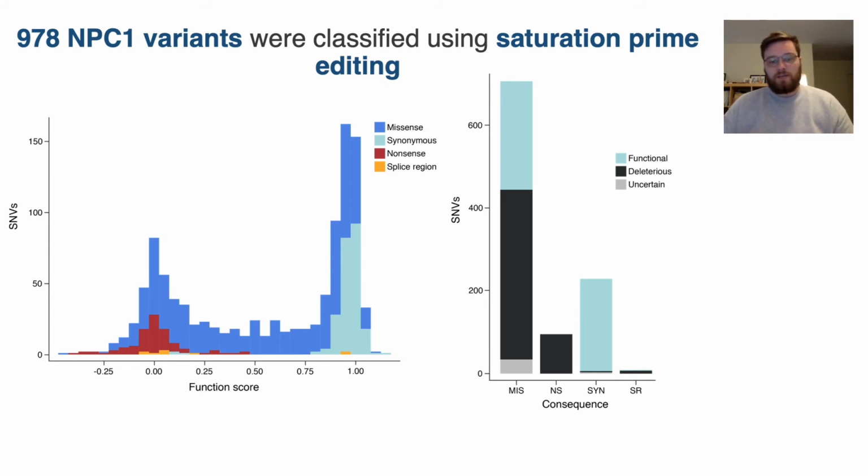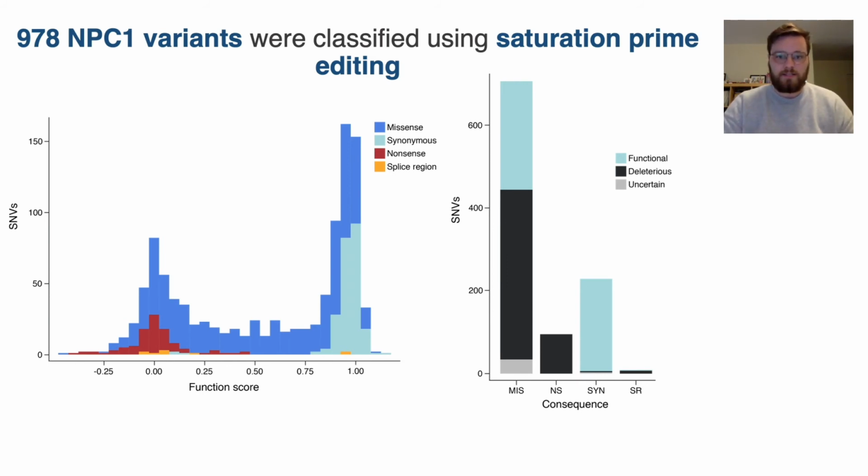And so we calculated a function score for each of those and then performed this unsupervised clustering. And what you can see on the right is the result of that clustering. And what sticks out is that NPC1 is clearly very sensitive to genetic perturbation. The vast majority of missense mutations are deleterious. What's great is that, again, you see that the synonymous mutations are almost invariably functional, whereas the non-synonymous mutations are